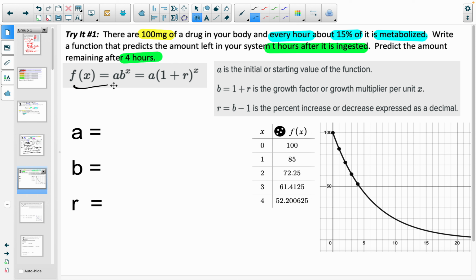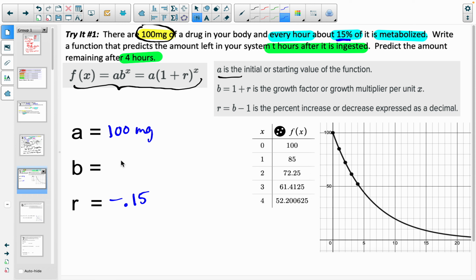So here's our general form for our exponential. All right. The first piece we usually look for is to say, what is our initial or our starting value? Well, here we start off with 100 milligrams of drug. Okay, and then we want to find our growth factor, but sometimes we're given our rate. So here we're getting smaller at 15%. So 15%, that's our growth rate, not our factor. So our R value is negative. It's getting smaller,